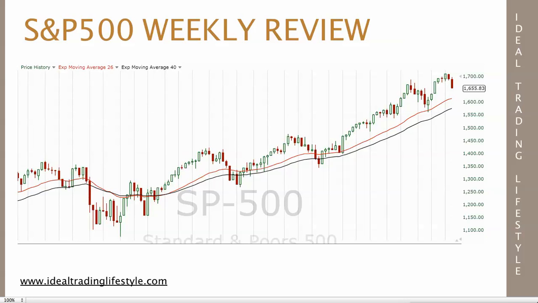Looking at the S&P 500 on the weekly chart, you're going to see that we've definitely had some declines. We're on our second week of declines from reaching some cycle highs 3 weeks ago, but we're definitely not at a point where we need to say the markets are in turmoil or in bad shape. Right now, we can expect that it might drop down to the 26 EMA, where it will end up finding support and working itself back up again. Obviously, we don't know whether or not that's going to happen, so we need to make sure that we're trading with some caution until then.